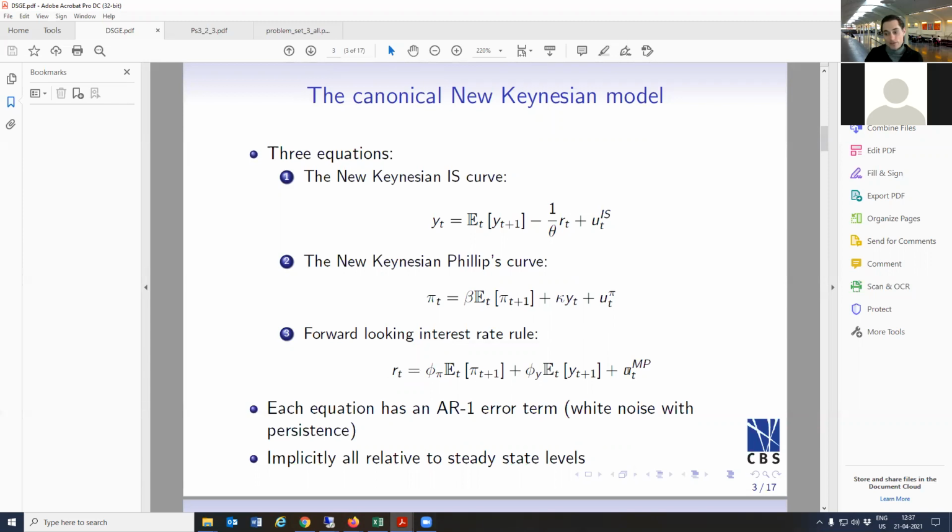And then finally, we have here a monetary policy rule, which is just assuming the central bank is going to look forward and see what the inflation rate is going to be. If the inflation rate's high, then they're going to have a higher interest rate, which is going to slow the economy down. If the output tomorrow is high, if there's a boom, that means they're going to have a higher interest rate and slow the economy down. So I was struck here that after all this work, we end up with something that doesn't look that much different than what you get in Macro 101. But that's neither here nor there. Let's